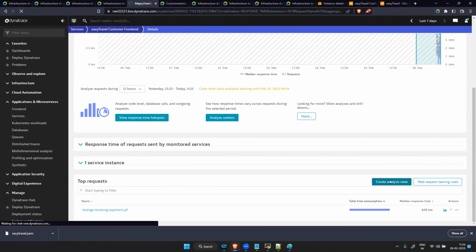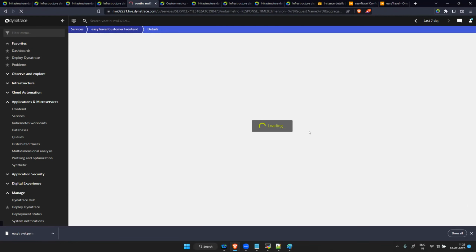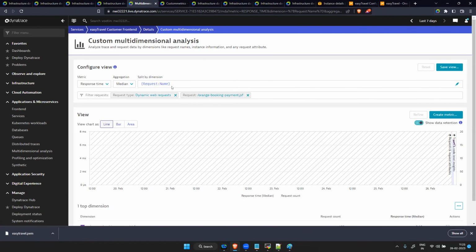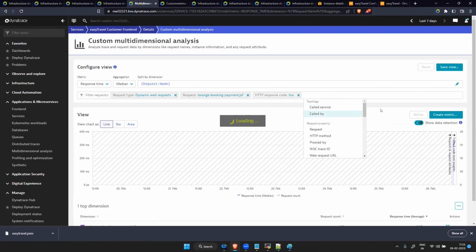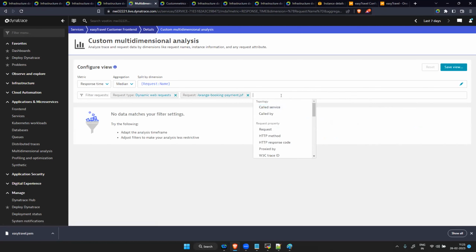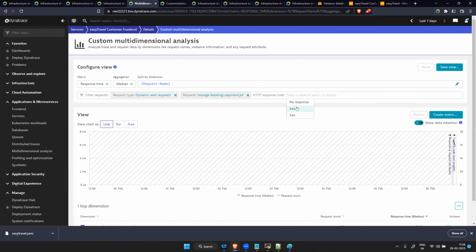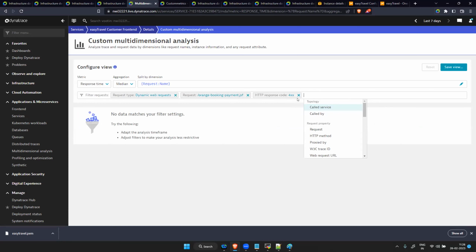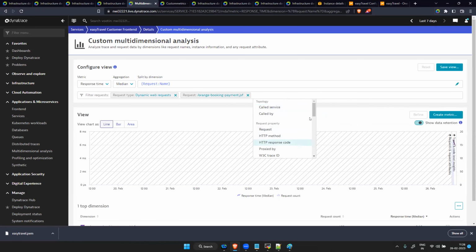You create analysis view and you create some metric. Okay, you create some data, right? Now in here also you added something called range is not coming. Response code 5x. You have no data. Okay, response code 4x. No data. Then we take